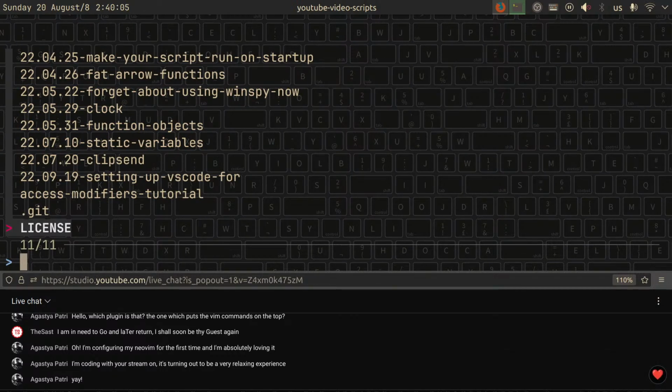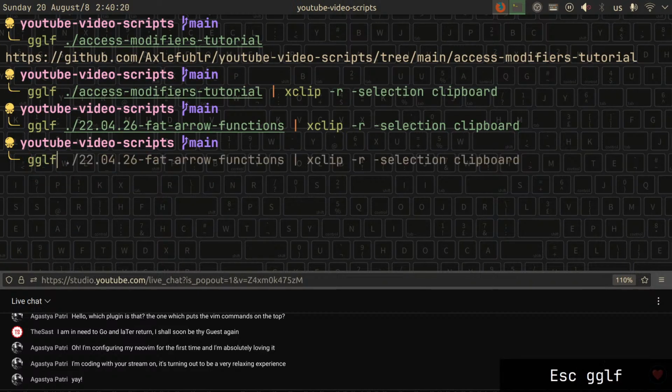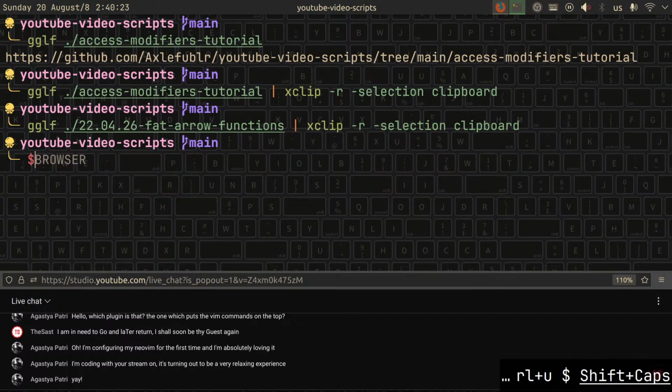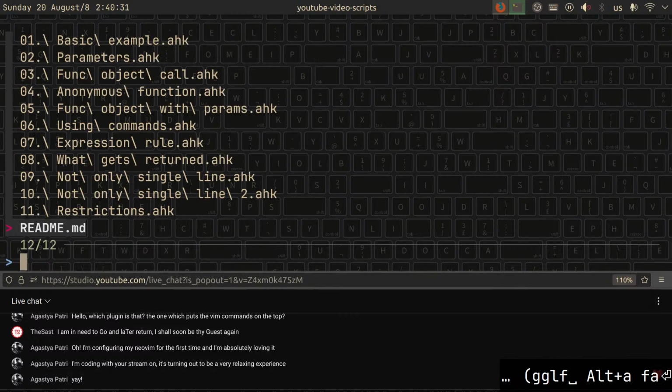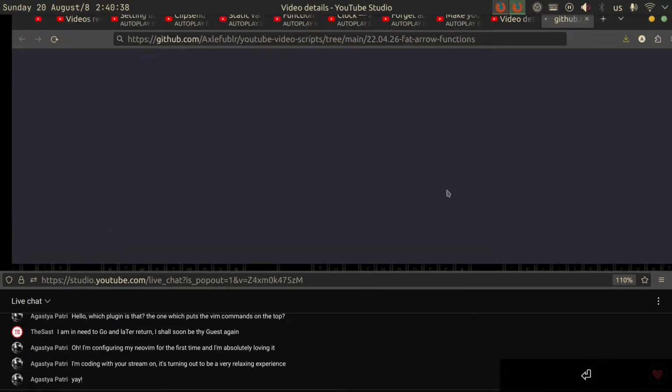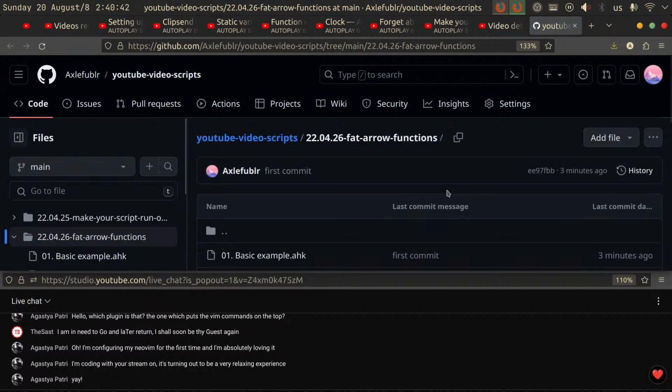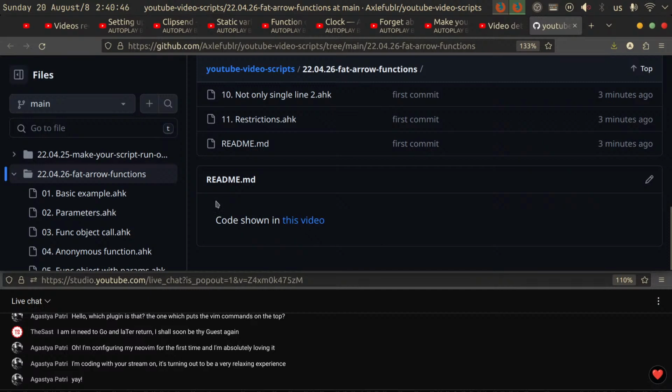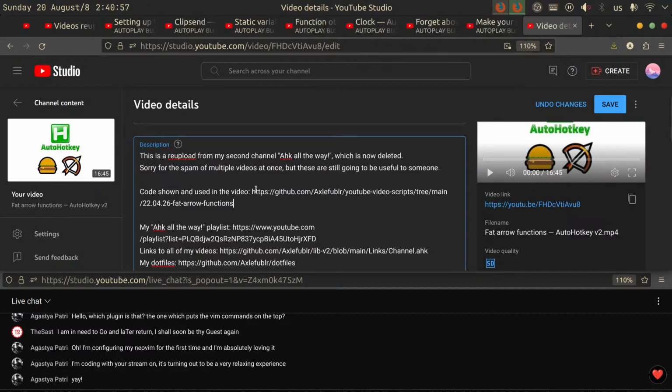So we know for sure that access modifiers tutorial link works. I'm not sure whether numbers in a link is an issue or not. I doubt it. But just to be sure, let's gglf. Actually, let's do it even smarter. Let's browser, and then gglf, and we pick fat arrow functions. So this will automatically run the link in our browser. And if it's incorrect, it will tell us so. But it is correct, so it's super fine. And I'm surprised that even the README is shown here. I didn't think that's how it worked. That's brilliant then. So that is updated,